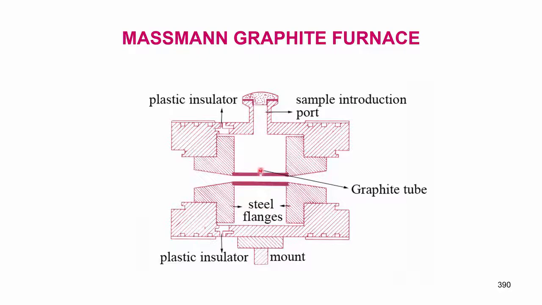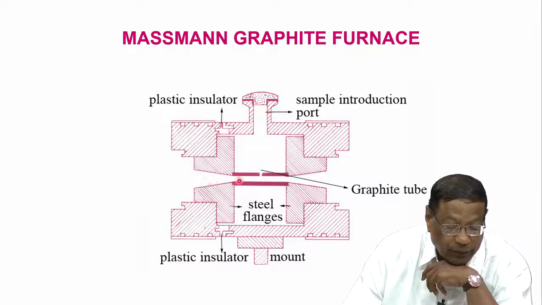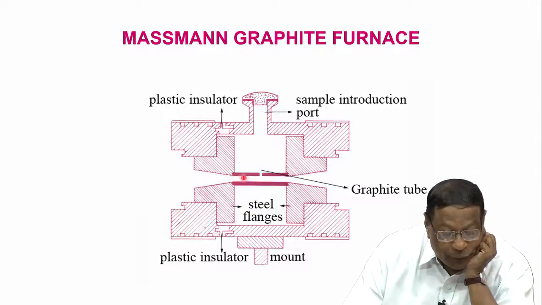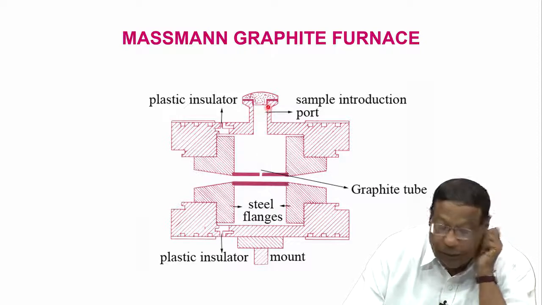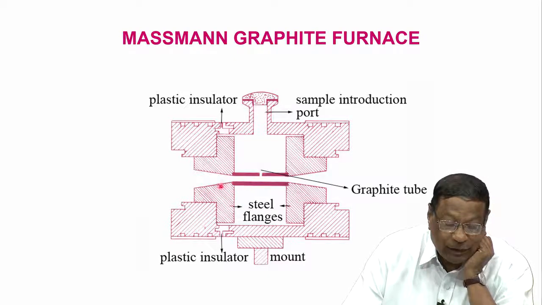There is a small hole here, and through this hole we put the sample inside the tube where my laser is sitting now. Okay. And the graphite tube is cylindrical and it is open at both ends, so that I can pass argon through this hole, and then it comes out, and the sample is either pushed through this way or it will go through, but this is closed. So, the only way the sample aerosols get out is through this. That means there is a more